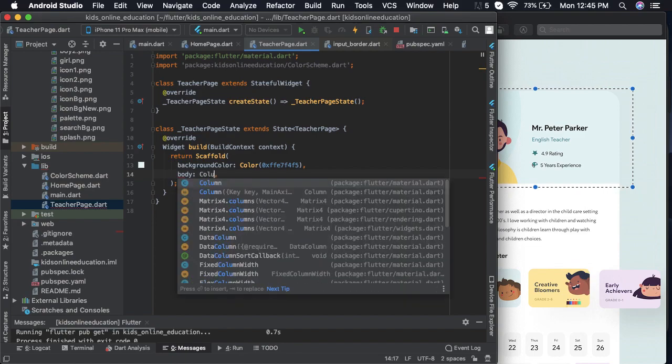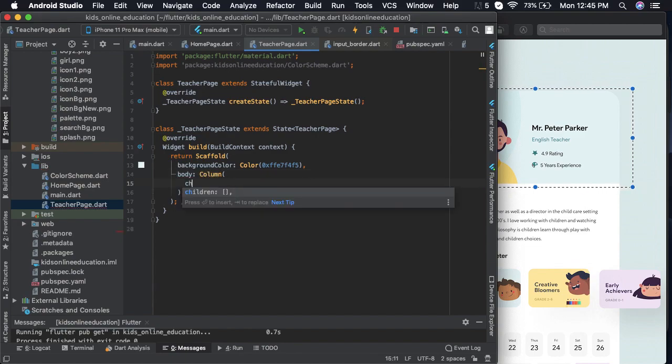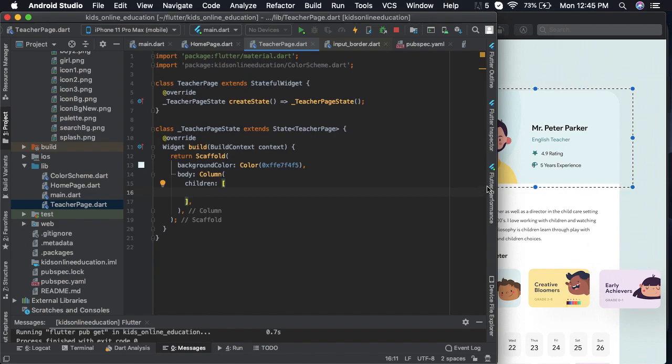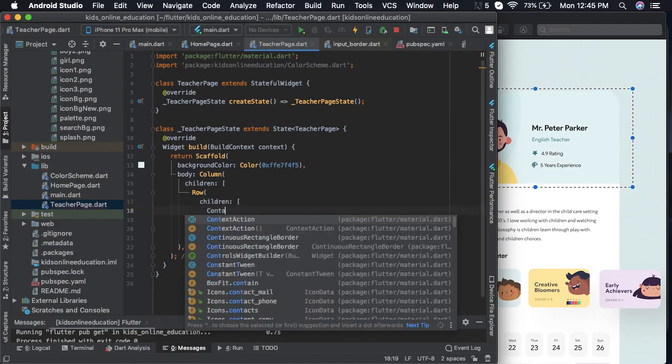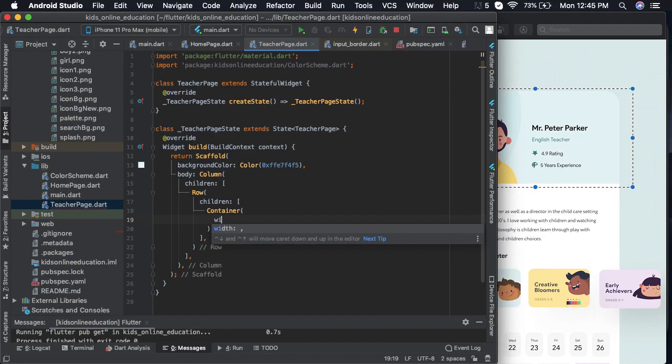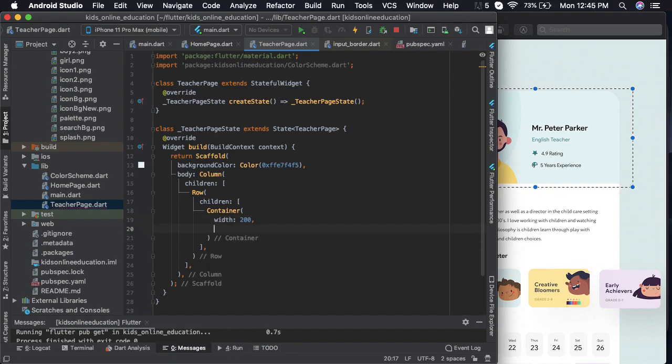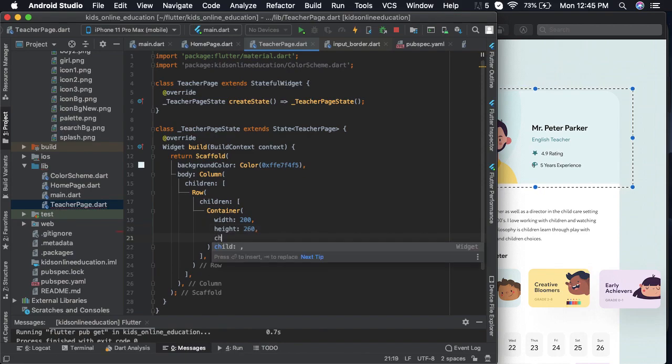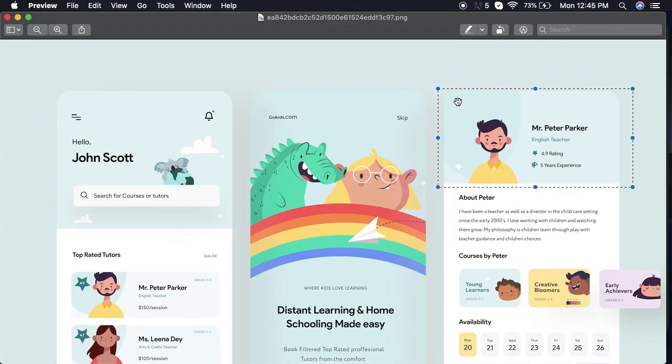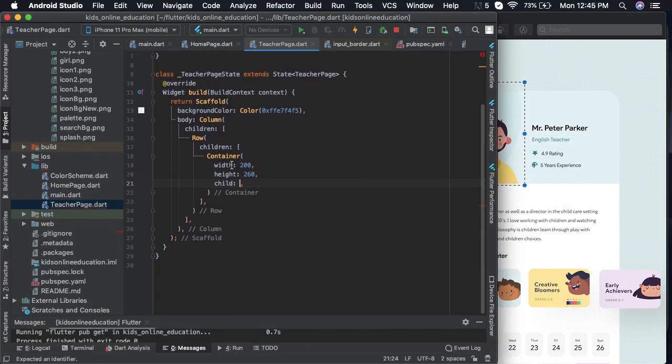Okay, now we have the column widget. In that we'll have a row which will hold the avatar and the name of the teacher, subject, etc. So we'll create a row first. And then I create a container which will hold the background image and the avatar. That's the container here with 200 and